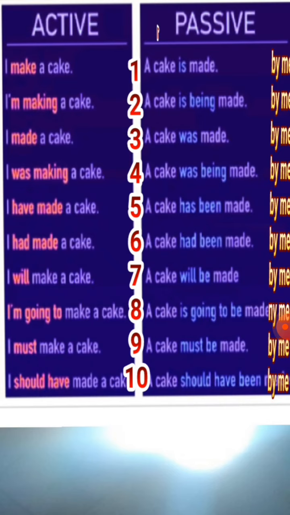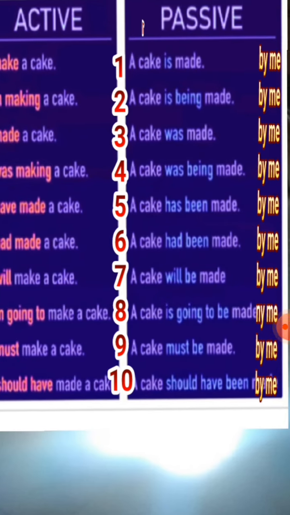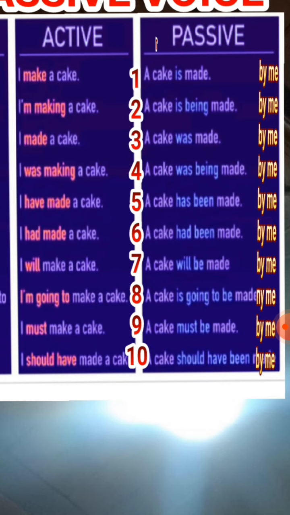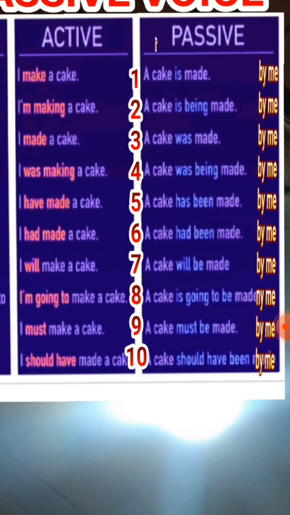The sentence is in the form of present perfect. I have made a cake. In the passive form, it becomes: a cake has been made by me. And then